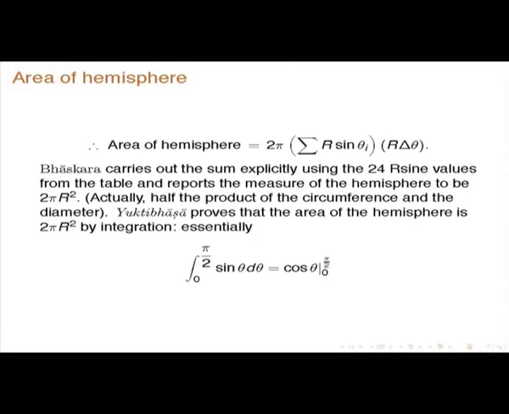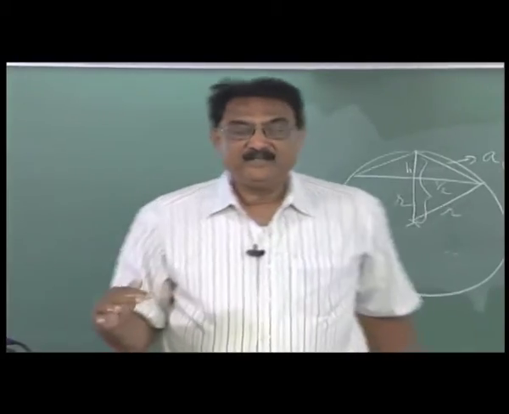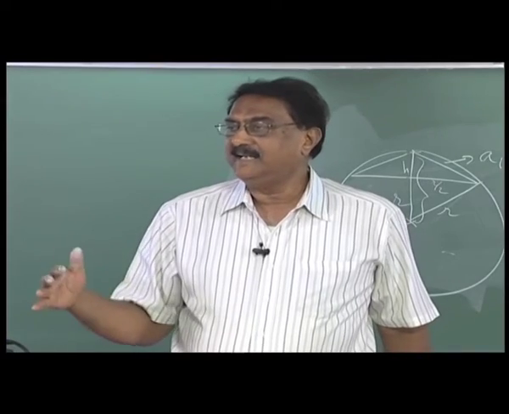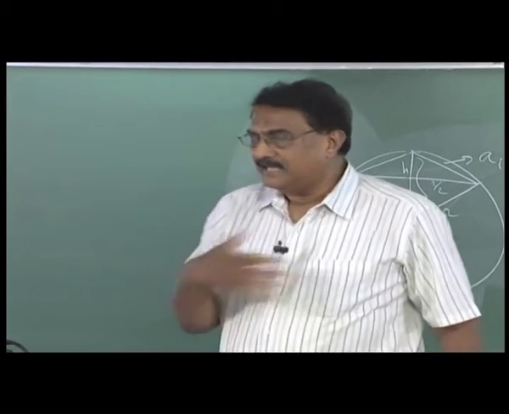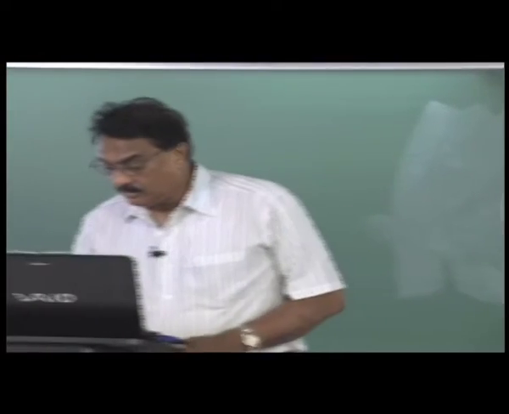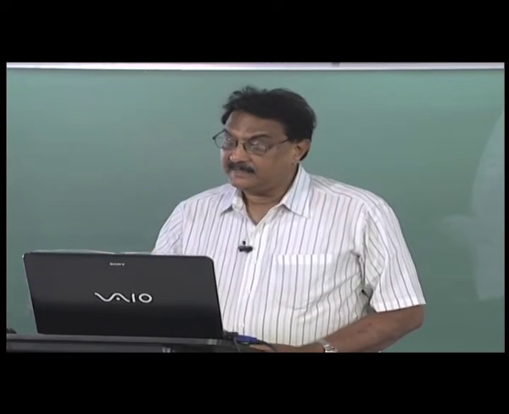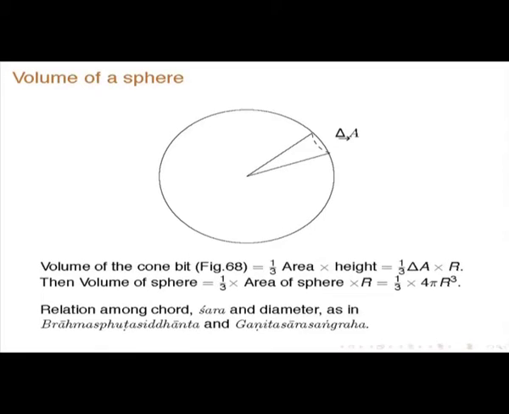It essentially does the integration, sin theta d theta, sin theta is there. So, they know the infinite series for sin theta, and also they know that the differential of sin is cos and the differential of cos is sin. So, they exactly get this result. There is no summation, summation is assumed, and finally, what is recognized very clearly is that the derivative of sin theta is cos. That of course will be explained later. So, you get the correct result in Bhaskara, but the method has a slight deficiency, which will be covered up in Yuktibhasha.